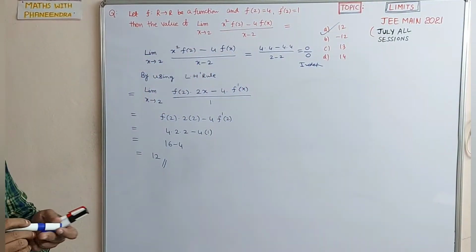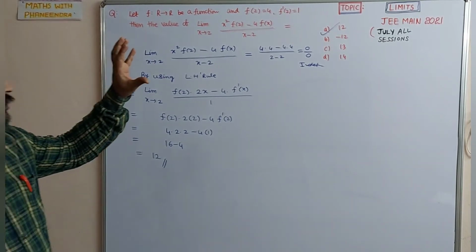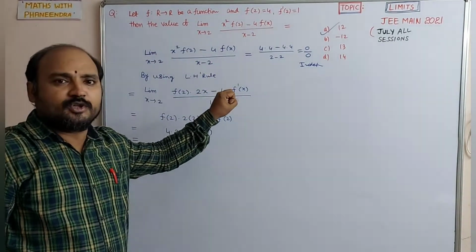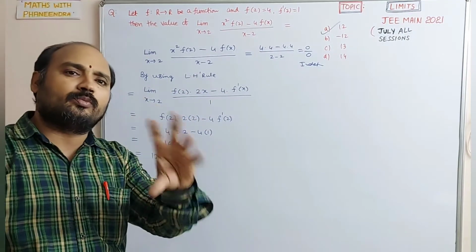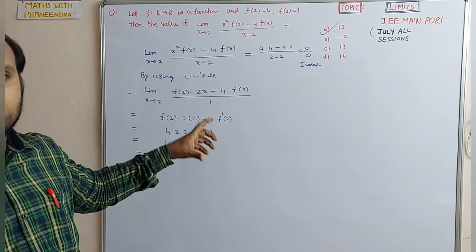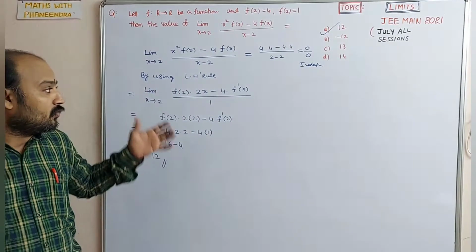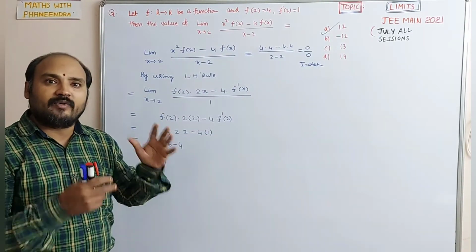So whenever it's a simple problem, numerator and denominator go to 0, indeterminate form, obviously you can apply L'Hospital. One complete video I made, 2 videos I made in the limits and continuity playlist. Once you go through the playlist and work it out, dear students, 100% you are going to get benefit through our channel.